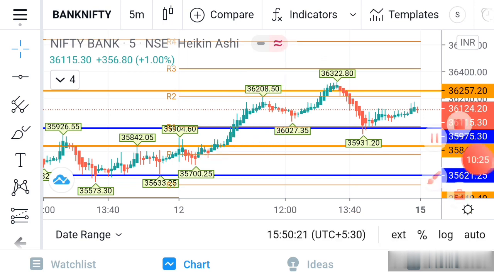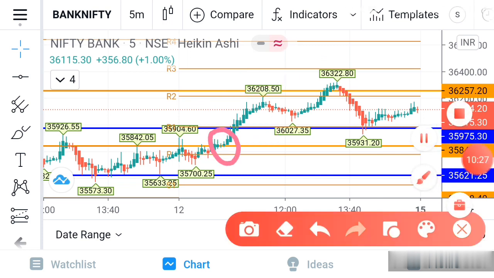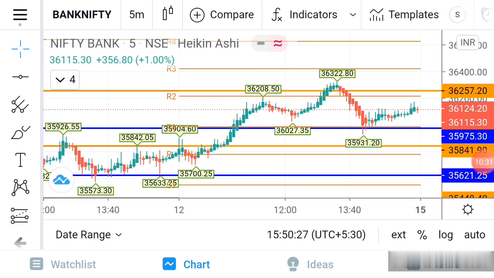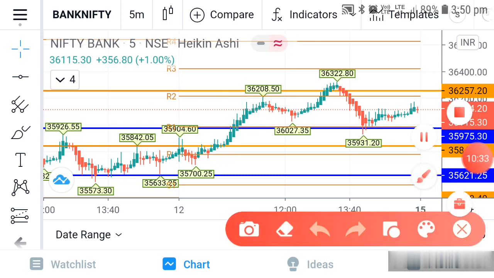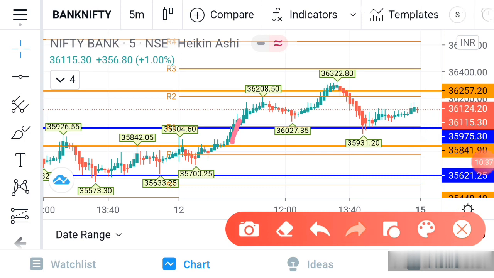You can see one level here. If you take an entry, this area is not required to exit, because you can see the candle itself. Here you can see no resistance is taken, because only if there is a red candle do we have to exit the position. You have to wait until a red candle, or if it is reaching near the resistance area, you can trail your SL. You can book 10 or 20 points, and you can be ready there. And if it is reversing back, let it hit your SL, since you are trailing the SL. So there is no problem, because you have already booked some profit.